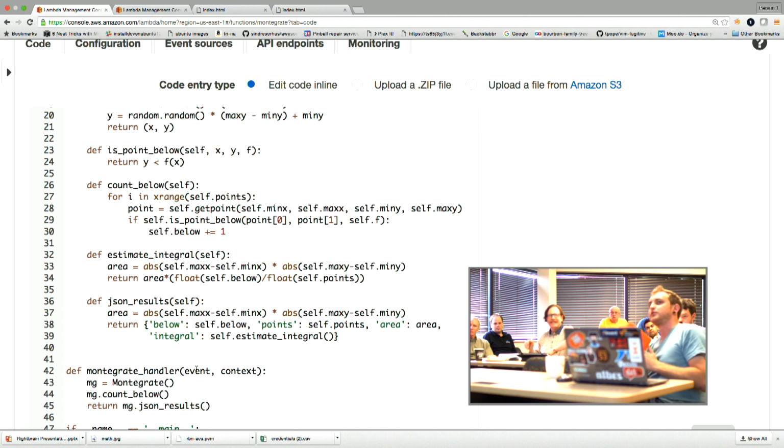Have you ever tried to call yourself from within Lambda? Say you're running low on time and just pass yourself your stuff again? You can. For instance, those invoke functions where we ran 100 instances, that's just Boto 3, which is available, at least within Python. So you could use Lambda.